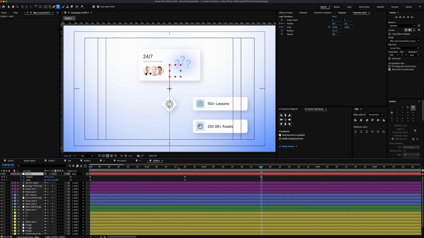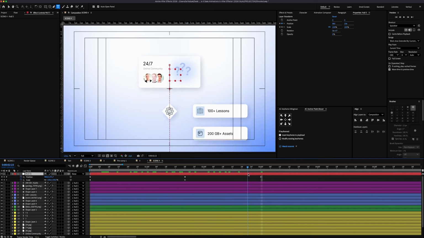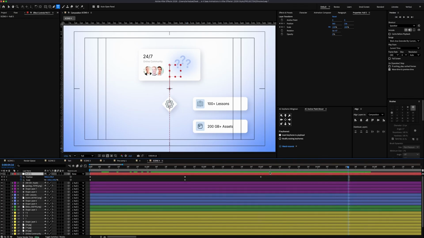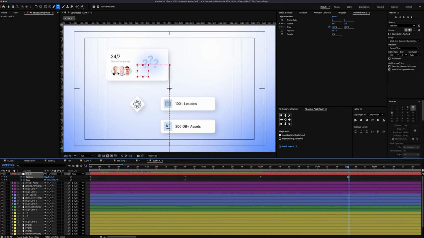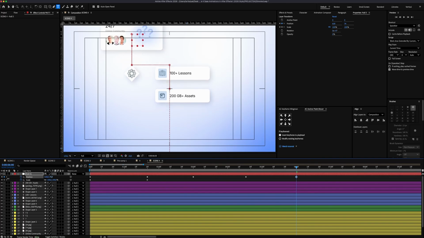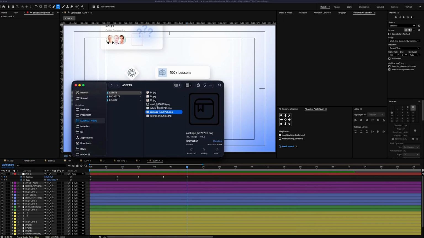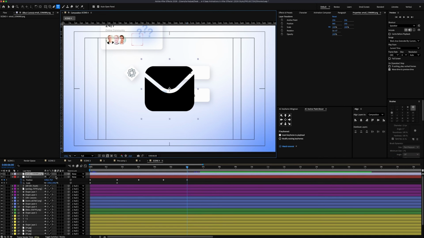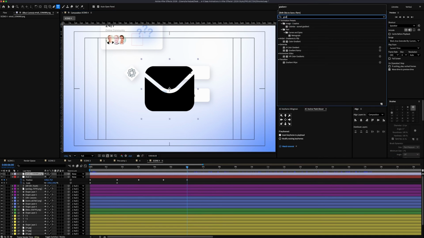As you remember, we added some keyframes to give motion, so now we can move the time indicator to second 4 frame 16 and move the entire scene to the left like so. Then I'm gonna move the time indicator to second 6 and this time I will move them down in the scene. Now we can import our last image from the assets folder, which is a mailbox,